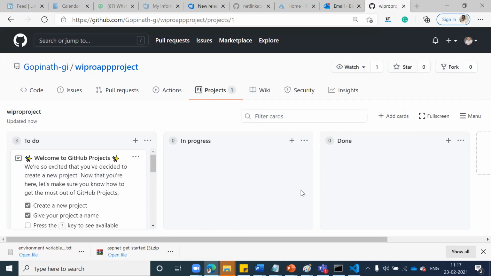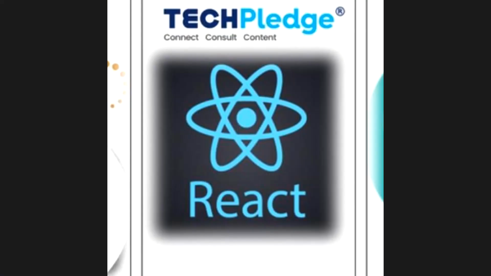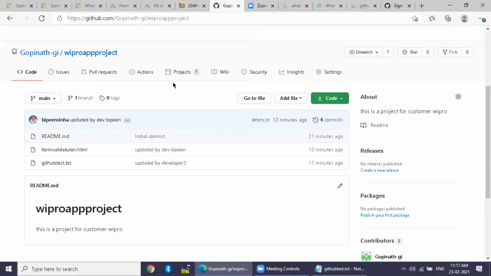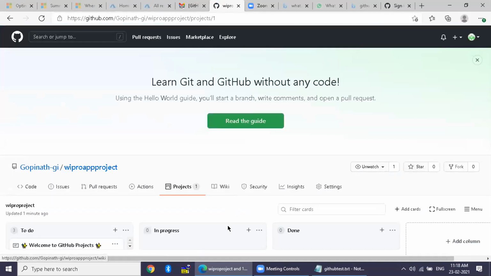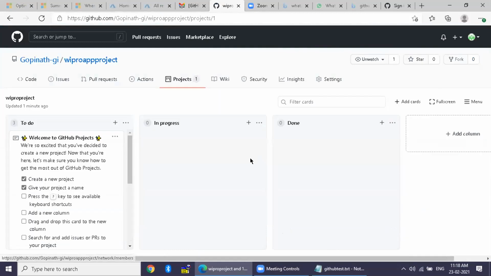If you have a different screen and it is coming too low, you just cross something which is coming on the right hand side top. There are two boxes, then you can cross this one. Let me stop the sharing now. You can share your screen. All right, go back to project. Click Wipro project. You see there is a cross button on top. Just cross there. So now it is coming on top.